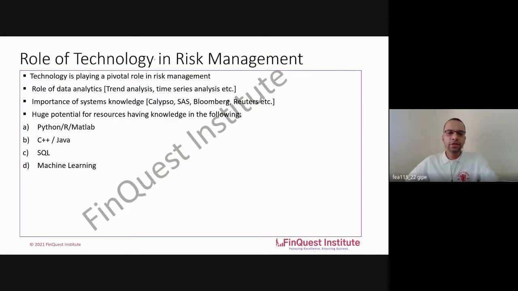Now, role of technology in risk analytics. Technology is playing a very large role in risk management these days. Not just risk management, I would say in general banking business as well, because most of the bank products and services are moving on to digital platforms. That way their customer outreach increases, their business continuity gets maintained, and at the same time their customer experience can be enhanced as well.